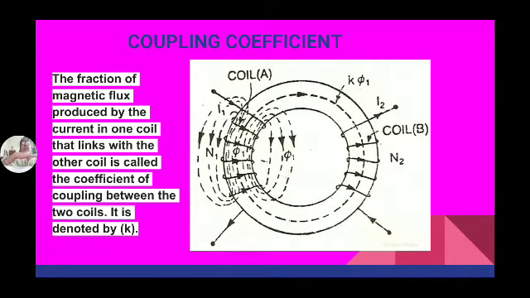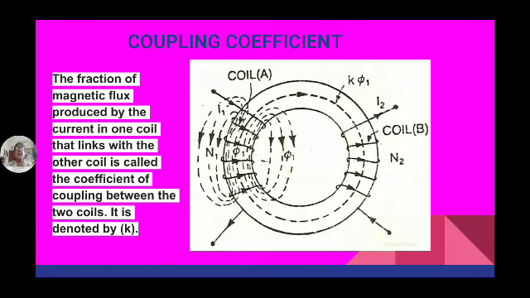Similarly, if the second coil is also wound on the same core, then what happens? 100% coupling. One coil is over the other coil. So whatever flux is linked in the first coil will definitely link with the second coil, because they are 100% closely related. Suppose if we keep these coils like this, then the coupling is only 50%. If like this, then we can't say how much flux it links. That linking is nothing but the coupling coefficient.